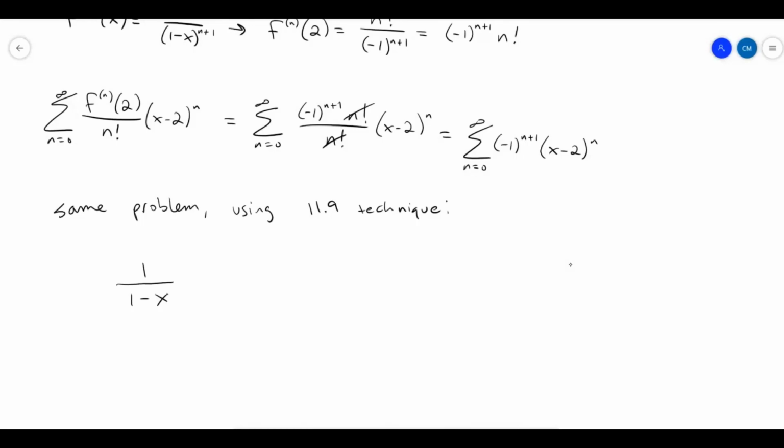So if it was centered at 0, we would just be done. We would just put it down. But it's centered at 2. And if you remember what I showed you about how to make it centered somewhere else, you just replace the x with what you want it to be. You want it to be x minus 2, but of course you can't just change it, so you also have